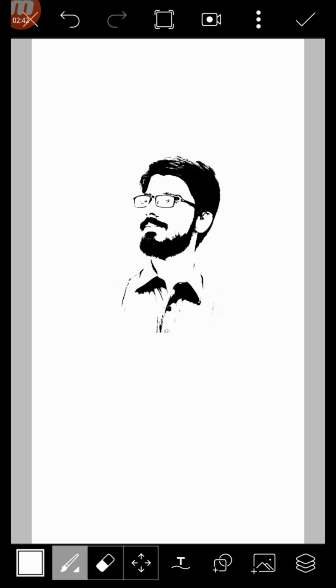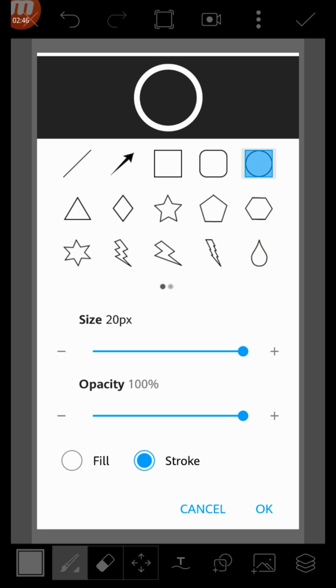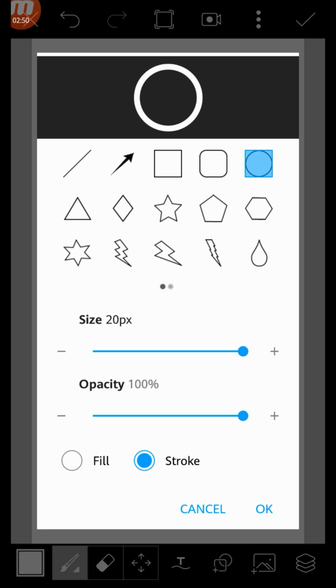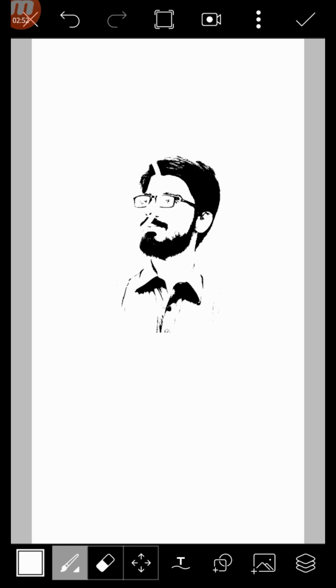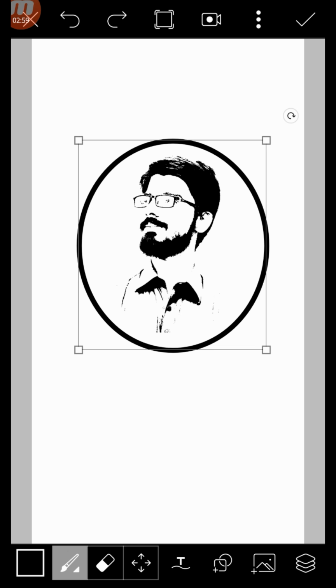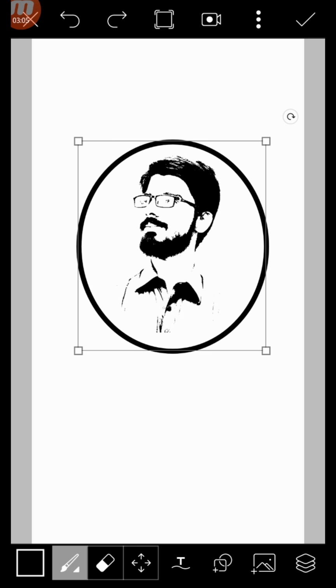And after doing that, go here and select this. Don't use the fill one, just select stroke and then make a circle, and you can change the color to black. Okay, so right here and then OK,